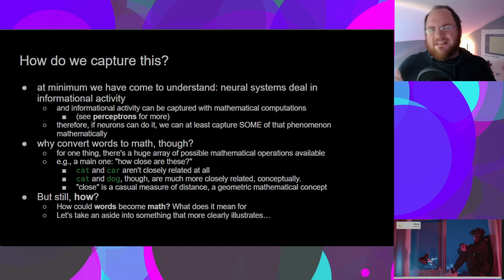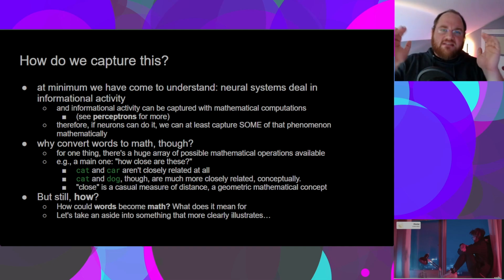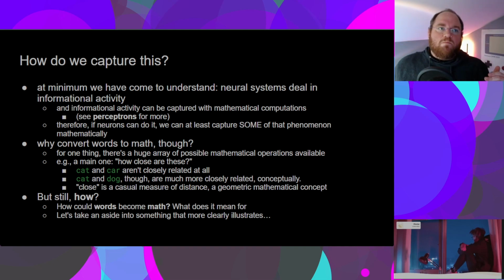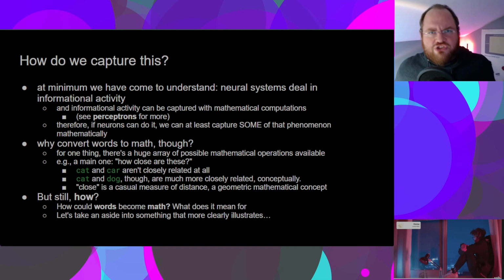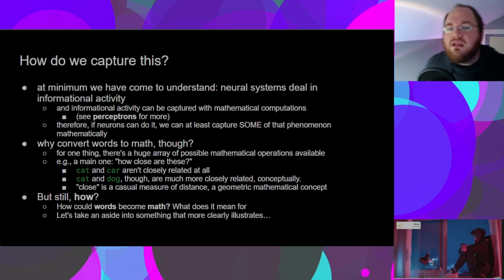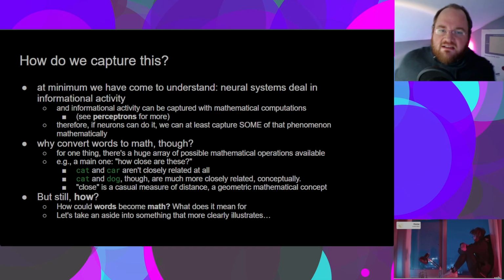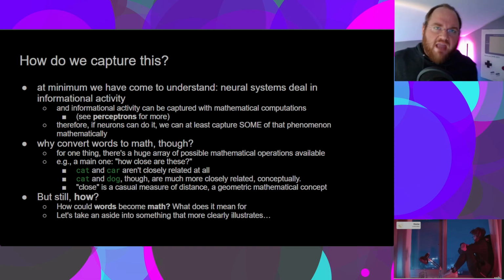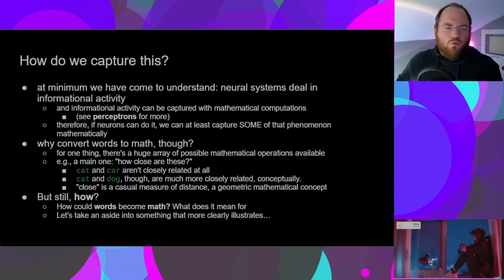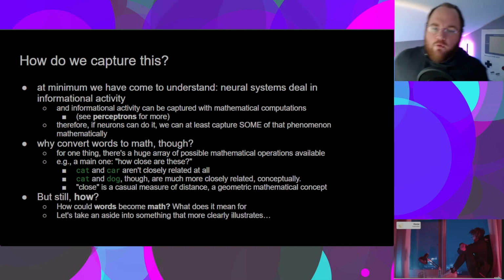Now, what's the point of me stating this? Well, that's just to set the background of, if neurons can do it, we can probably figure out some way to represent what's going on in those neurological patterns. But then let's continue. So if we can capture these things in math, what's the point? What does that actually give us? Why is math better suited to understanding semantics? Well, for one thing,